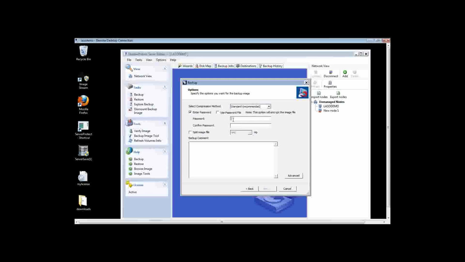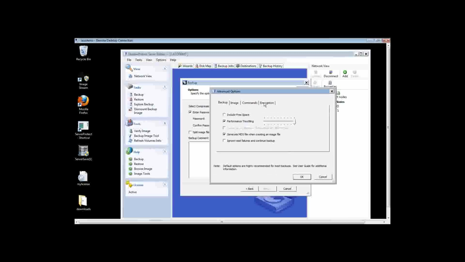Compression locally, so this is to set compression and passwords for your local images. Not recommended if you plan on taking it off-site. So if you can avoid it, we do recommend that, as it will increase the speed of your off-site backup when it comes to the local procedures. But you can choose to encrypt this at